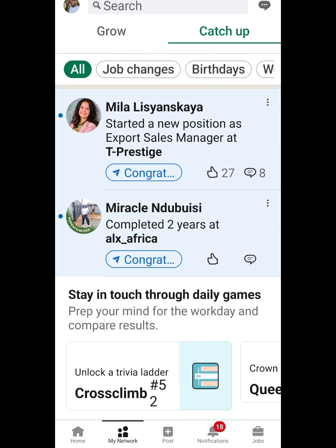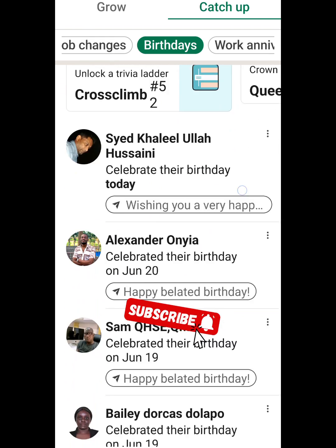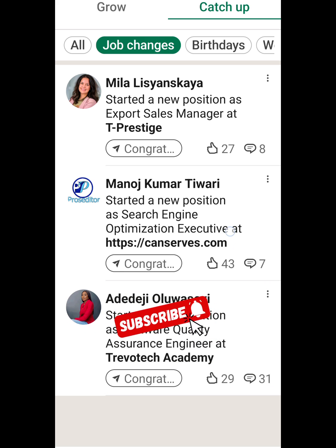So this is Catch Up. With Catch Up, you can now basically see just changes that are happening with your connections on LinkedIn. Job changes, birthdays as well, work anniversary, education, basically all the ones you might have missed recently. You'll see everything there. You see birthdays that happened recently. You can also see job changes as well. If you have friends and connections that recently got new jobs, you're going to see them here and all of